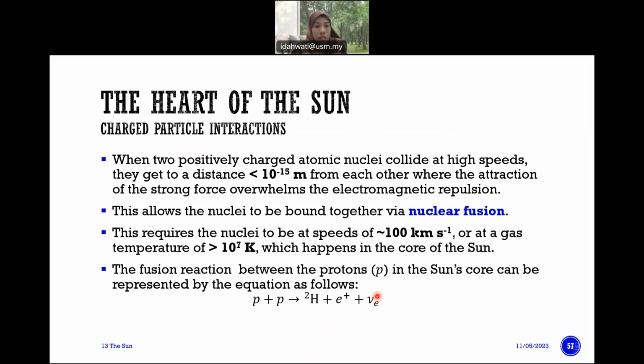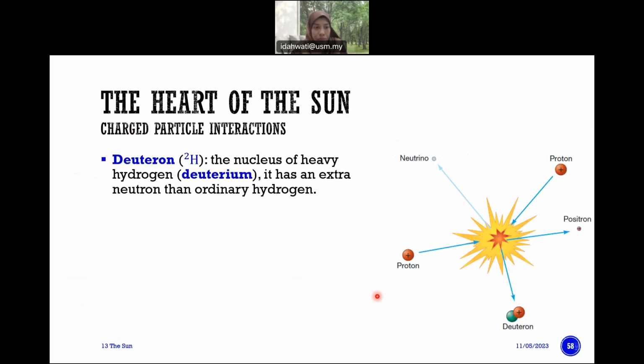So you have this reaction. This reaction is quite important. Maybe I give you some clue for your final. So this is important: the fusion reaction between the protons in the sun's core can be represented by the equation as follows. So about the deuteron,